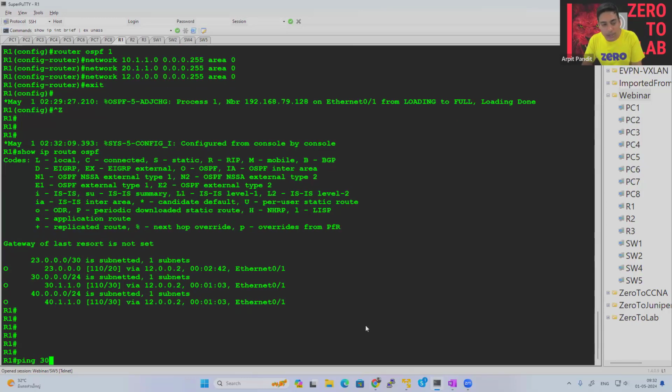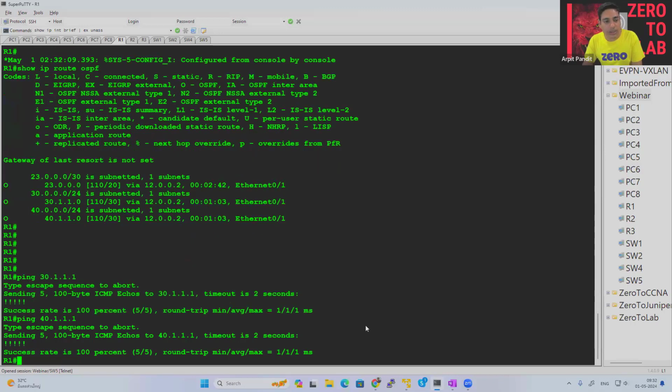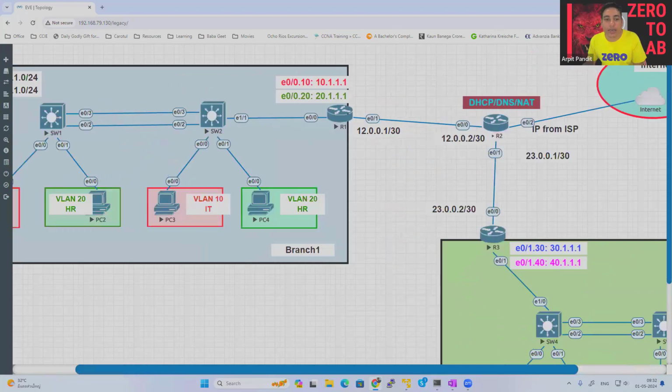If I ping 30.1.1.1 or 40.1.1.1, you can see I can ping from router 1. So the reachability is already there. That means I can also ping router 2. So now we can configure router 2 as the DHCP server, so that finally we can have some IP addressing